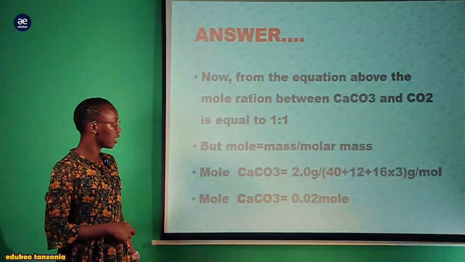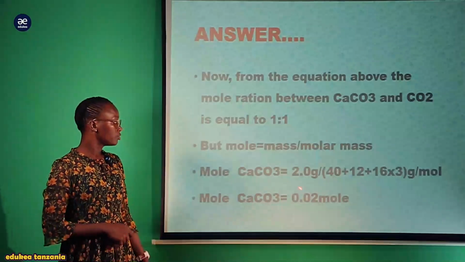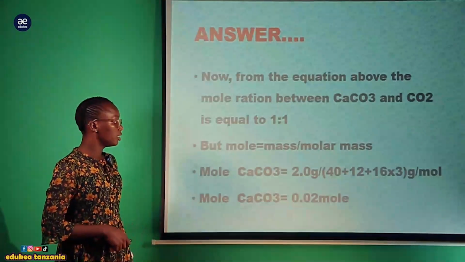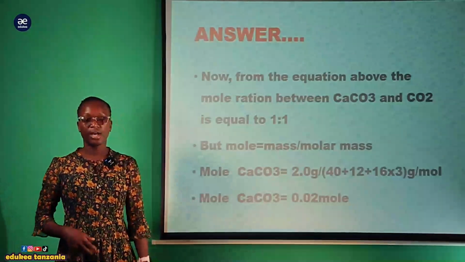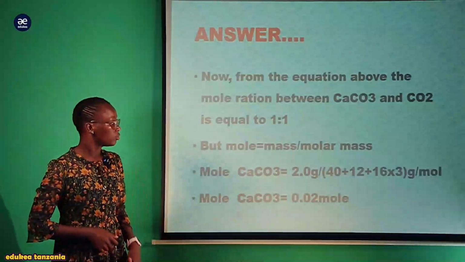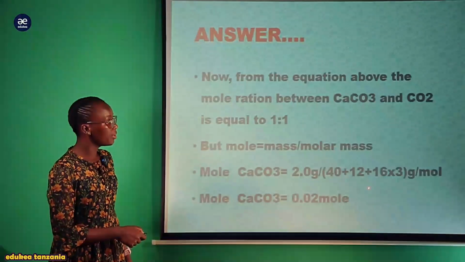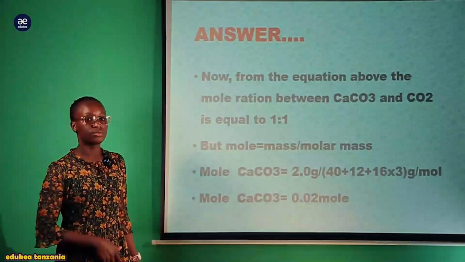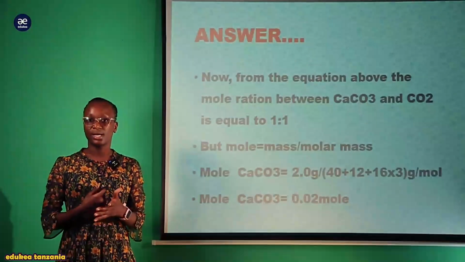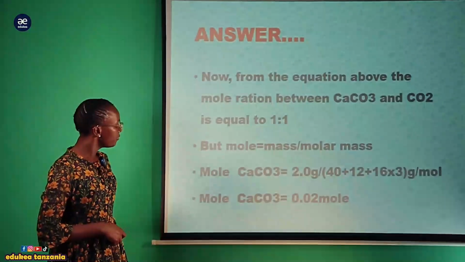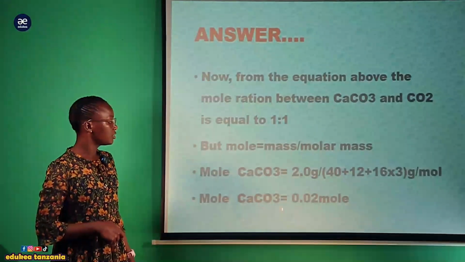masses. For instance, tuna calcium ni 40, tuna carbon ni 12, tuna oxygen ni 16, lakini oxygen zipo 3, therefore tutazidisha kwa 3. Tutakuja kupata ni 40 plus 12 plus 16 mara 3, lakini this molecular mass inakuwa expressed katika gram per mole. Therefore, mole itakuwa sasa na calcium carbonate